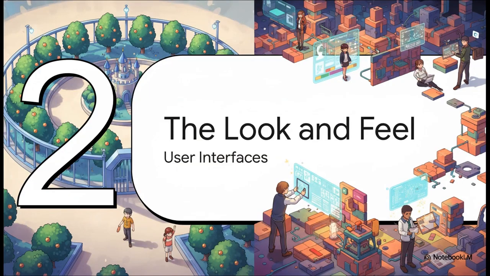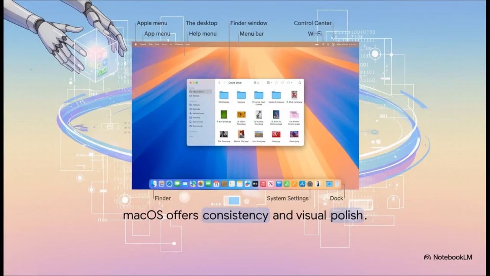Moving on to Part 2, the look and feel. So Apple strictly controls the design of macOS, right? And the result is a remarkably smooth, unified interface. You've got the iconic dock, the Finder, and those incredibly slick animations optimized for Retina displays. It's built to be absolutely foolproof for beginners. But that consistency definitely comes at a cost. Apple intentionally hides the deep, advanced customization settings away so you don't accidentally break the feng shui.